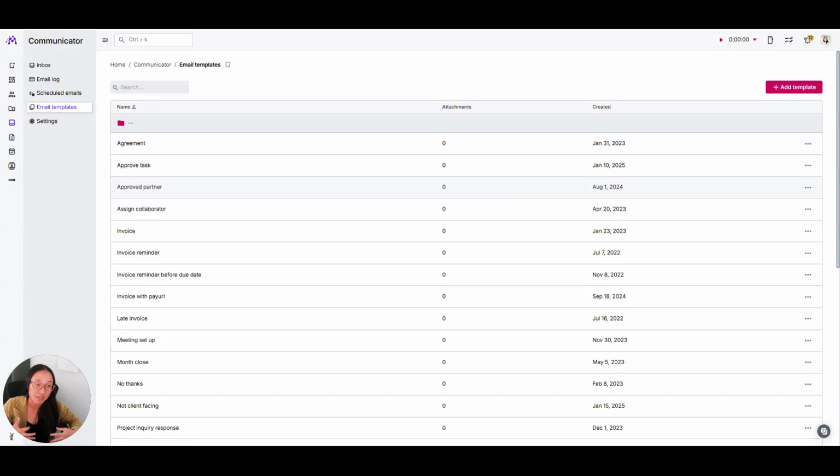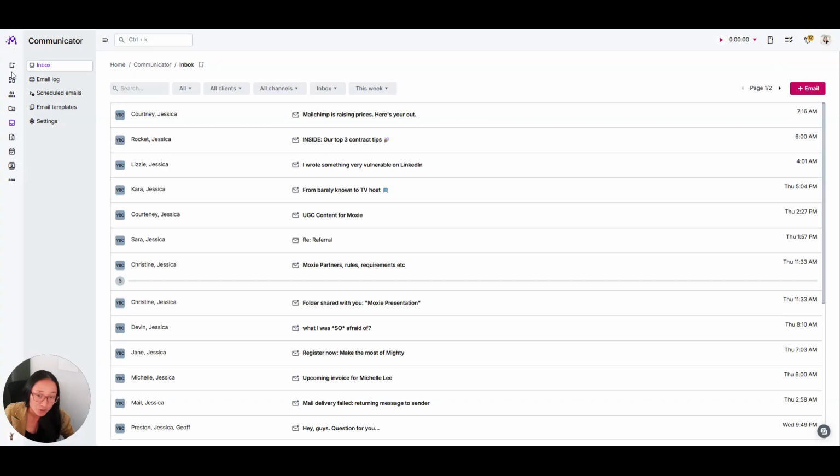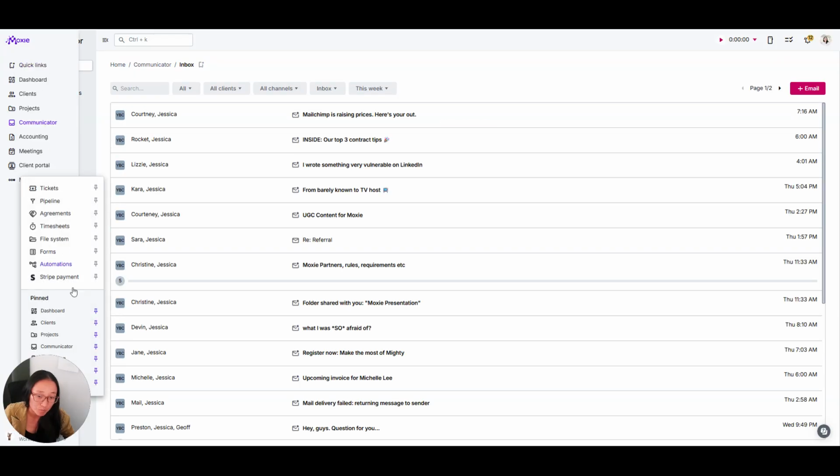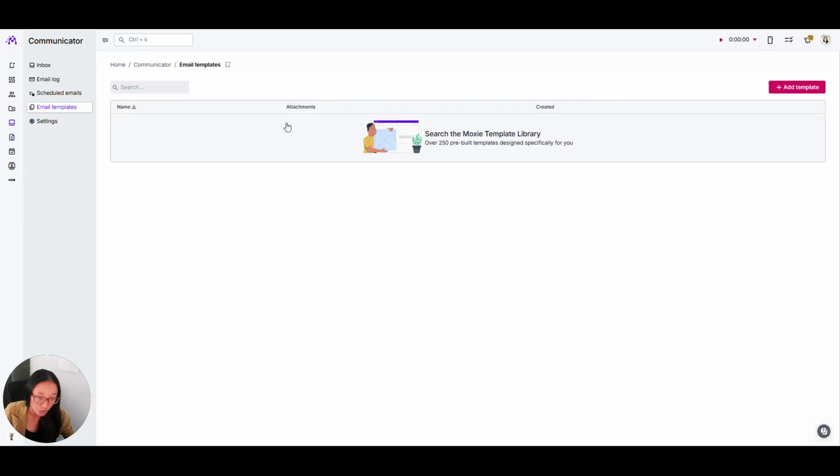We want to help you get set up with the email templates that you need. So I'm going to start with getting into your email templates. Here in Moxie, you're going to go to Communicator. If you're not seeing it here in your left nav, you can go to More and you'll be able to see all of our features here, and you'll go into Communicator, and then you're going to go into your email